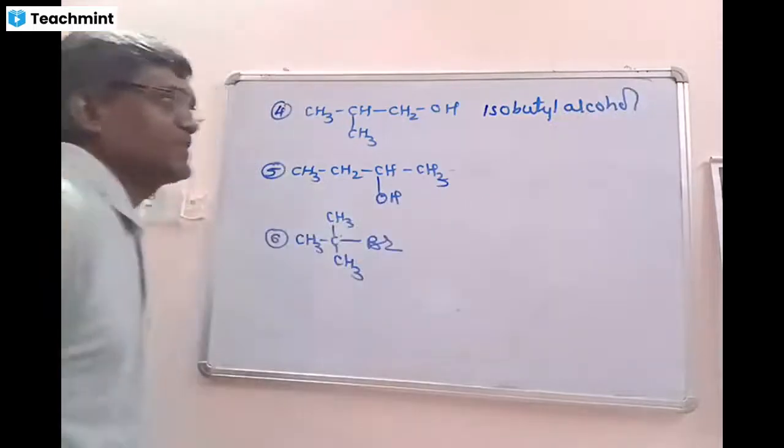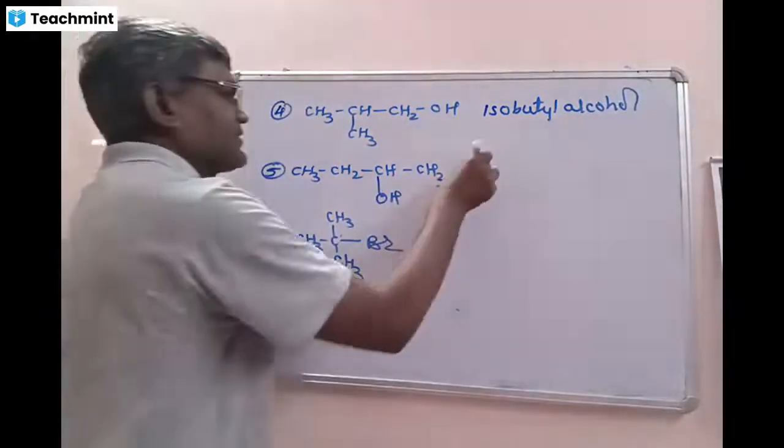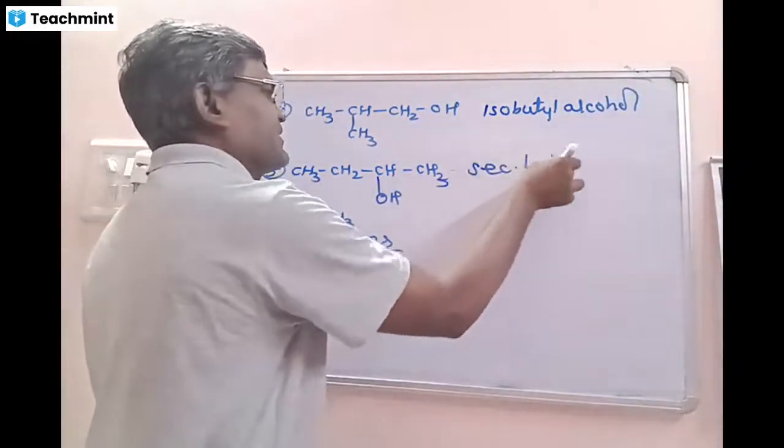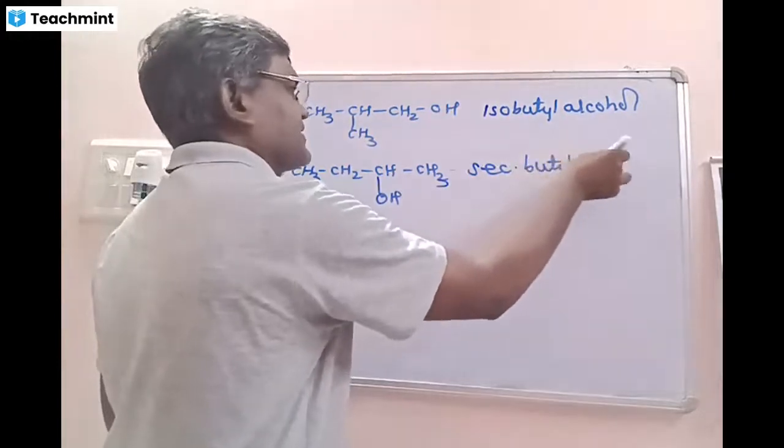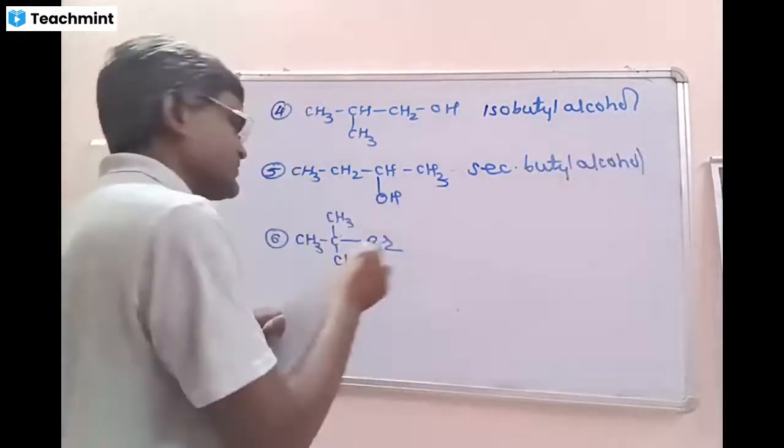That should be isobutyl alcohol. Whereas this one is what? Secondary butyl alcohol. Yes, alcohol. And this